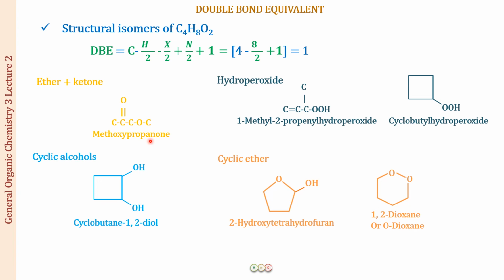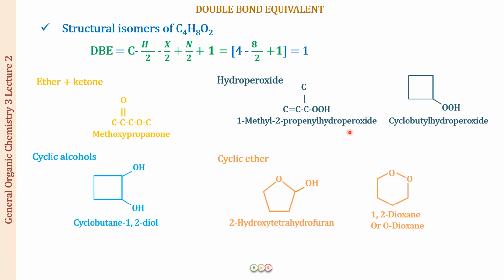You can try making up more structures as well. Next possibility is that I draw a hydroperoxide. I have put the two oxygens together by a single bond. Whenever there are two oxygens bonded to each other by a single bond, we call that a peroxide. So this compound, as you can see the structure over here, is 1-methyl-2-propylene hydroperoxide. So this is also one possibility. I have given you all the possibilities. Probably you will not even see these names in your nomenclature, but this is one of the possibilities.